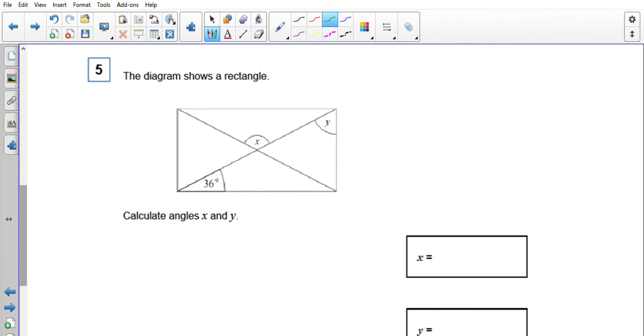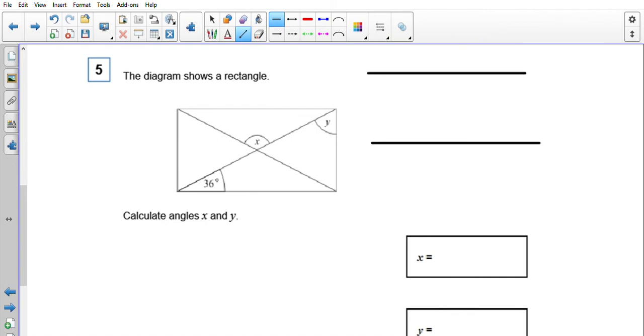Okay, last but not least, this diagram shows a rectangle. We need to calculate the angles x and y. Now there's a few things we need to know about this that will really help us out. And these are to do with opposite angles, and they're also to do with something called z angles, which are quite interesting. If you have two parallel lines, and you draw a line between them, so it makes a z, hence the name z angles,